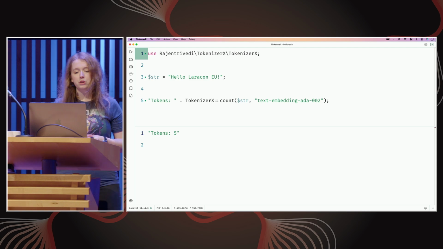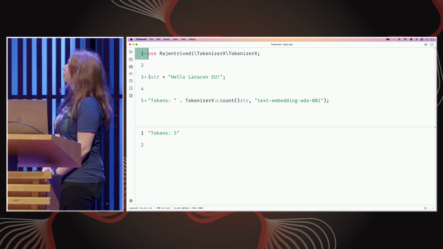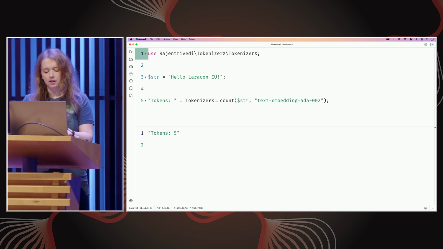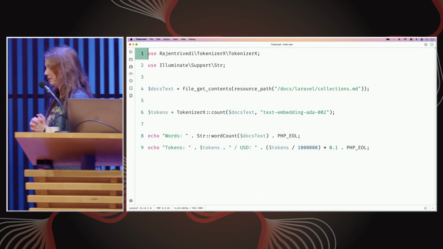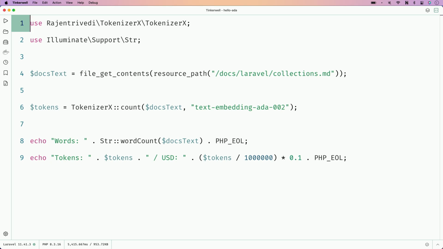But no one is going to embed the string Hello LARACON EU. So let's look at a longer text: the Laravel documentation, collections. Who has ever read through the whole collections page? Some time ago, but yes.